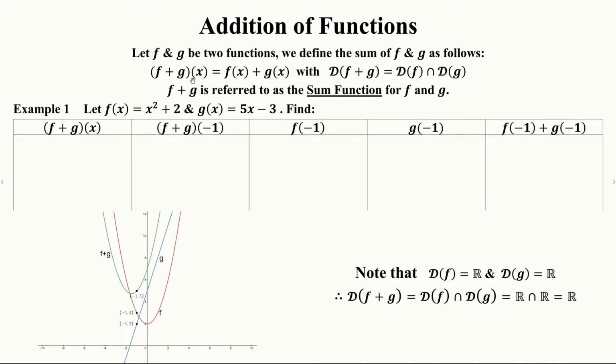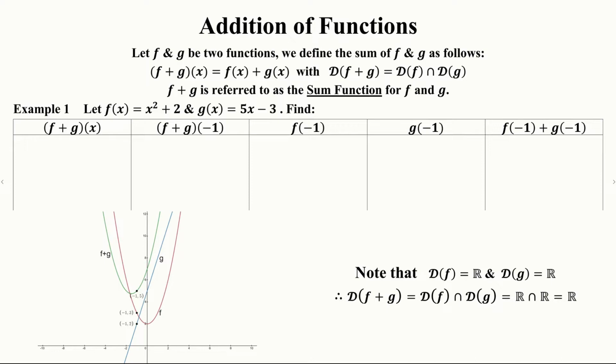So if you have two functions f and g, we can define the sum function f plus g of x to simply be f of x plus g of x for a given input x. And the domain of the sum function is going to be basically the intersection of the domains of the two functions. For example, if we have f of x equals x squared plus 2 and g of x equals 5x minus 3, we can go ahead and look at f plus g of x, which is going to be